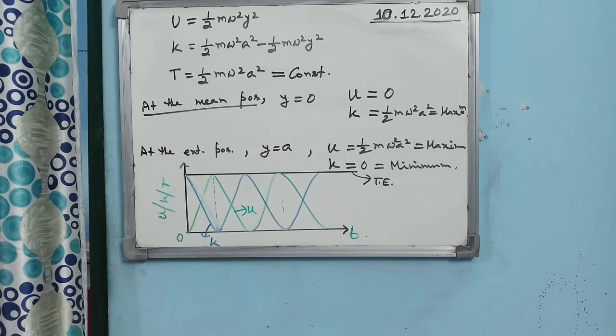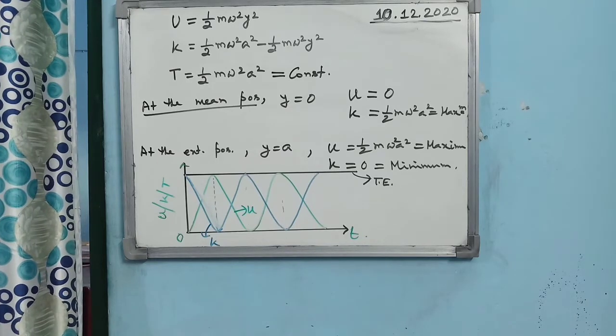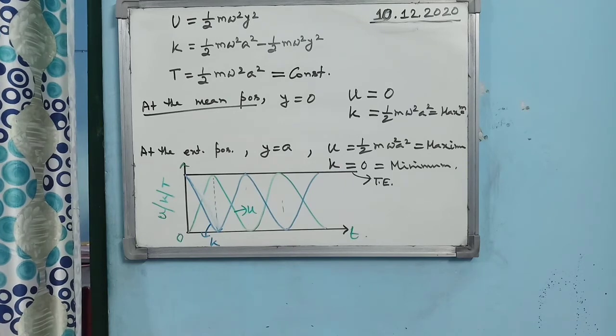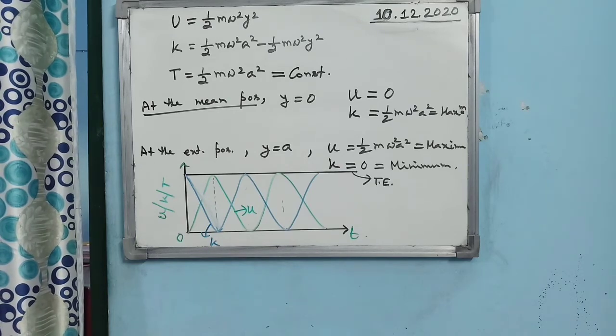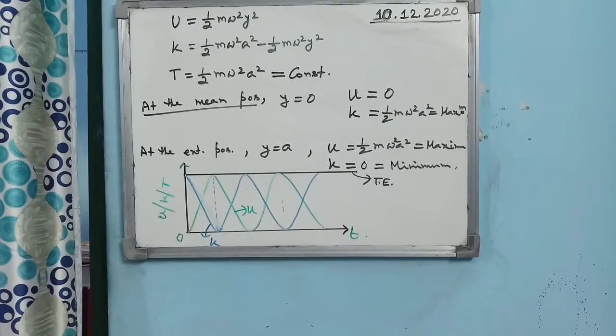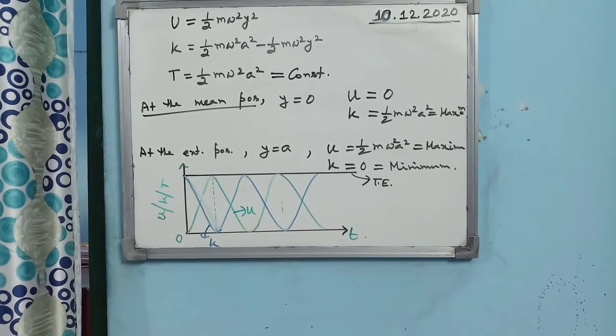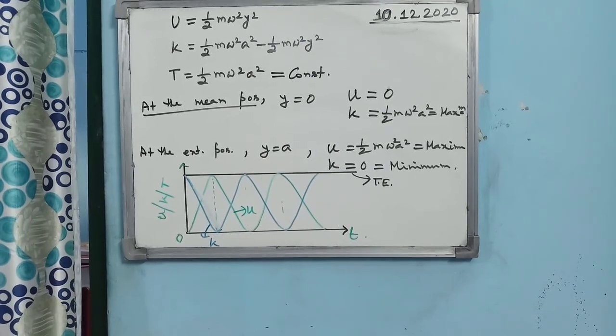So this is the way, by applying the expressions and the minimum and maximum values of kinetic, potential and total energy, you can draw the graph. This graph as well as whatever relations I have written on the whiteboard are important for your exam. Kindly learn it, practice it and also copy it in your notebook. Thank you girls.